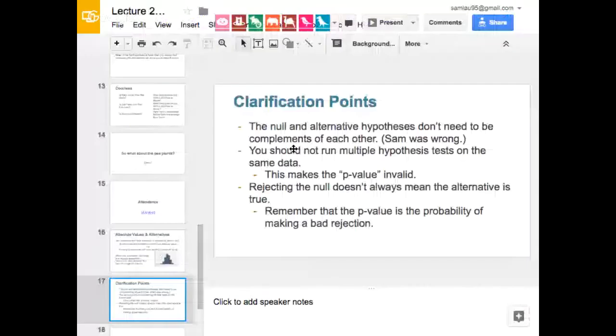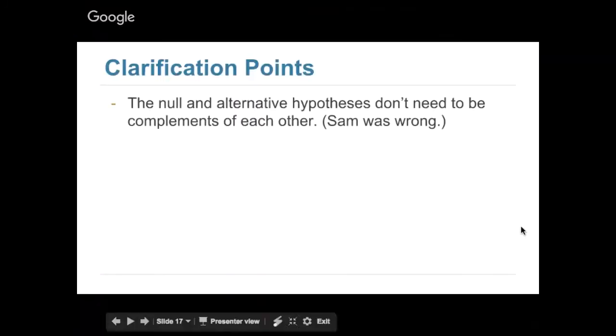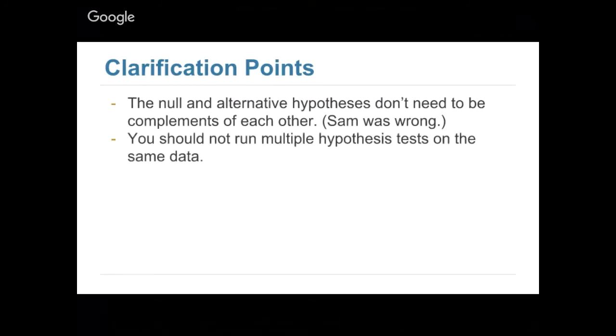Okay, so all right, let's keep going. So I have a couple more points. Okay, so one, they don't have to be complements of each other. Two, you should not run multiple hypothesis tests on the same data. Okay, so as Kevin asked, can I just take the absolute value one and change my test statistic to get something that's statistically significant? It turns out that you should not do that, because it changes the definition of a